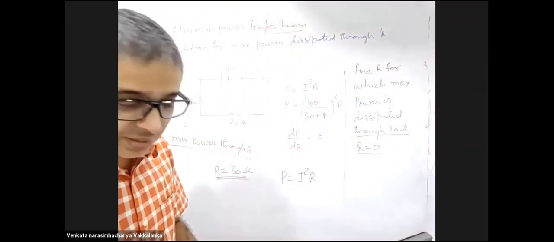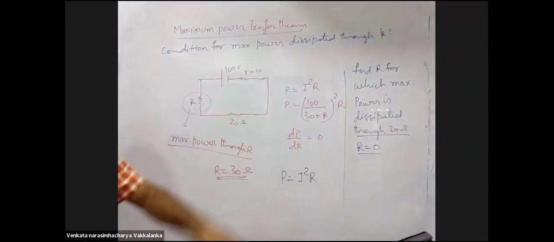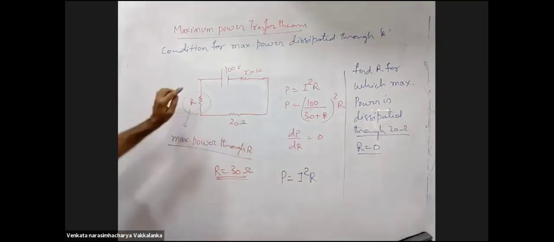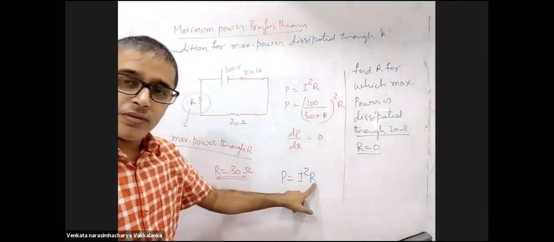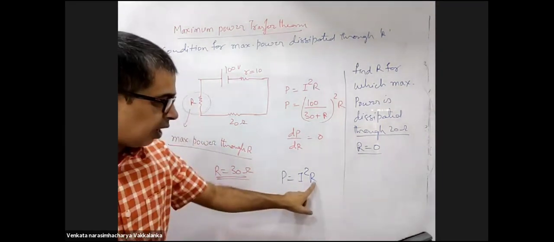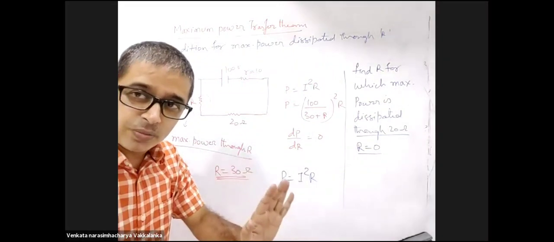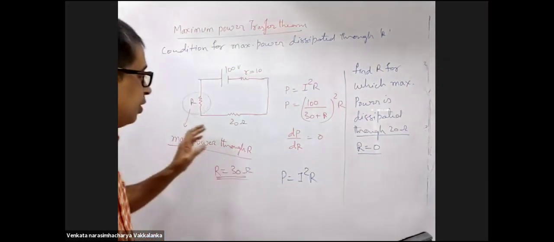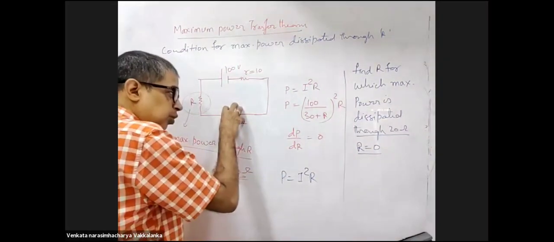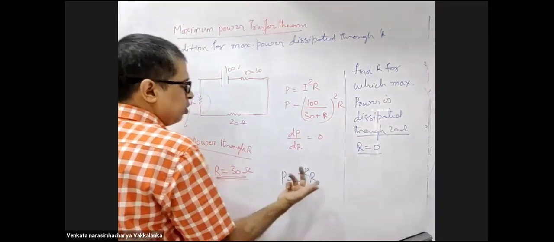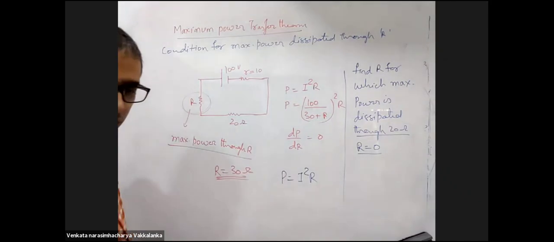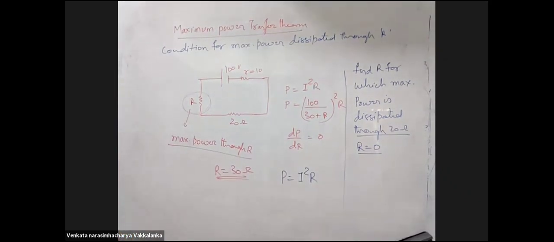Understood the catch in it? Yes, sir. See both the conditions carefully. Here you are asking maximum power through R itself, so R cannot be 0. If you put R equal to 0, you are in soup. Right? You are asking maximum power through 20. Now 20 is fixed, I should be maximum, R should be 0. See both the conditions carefully and make a note of it.